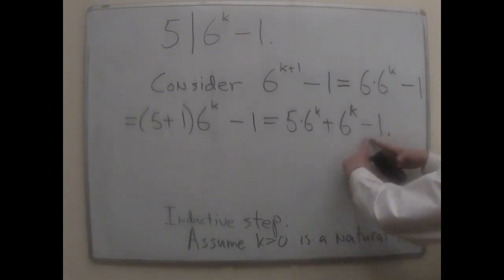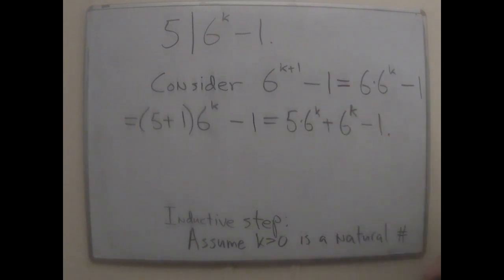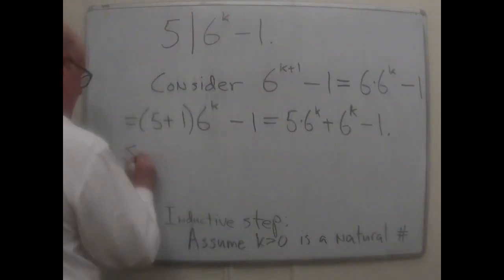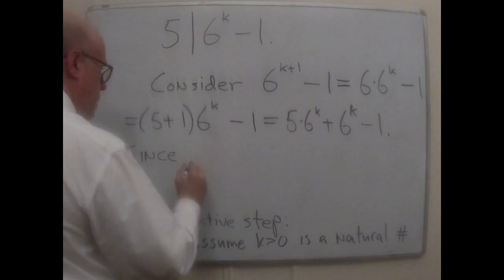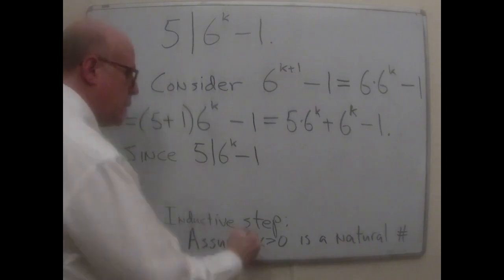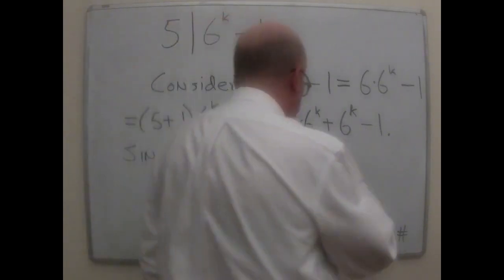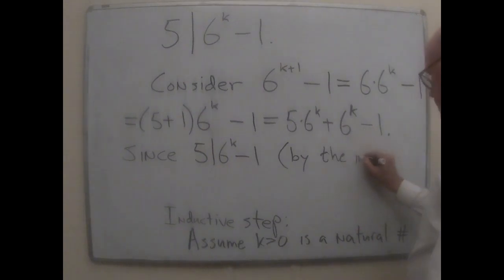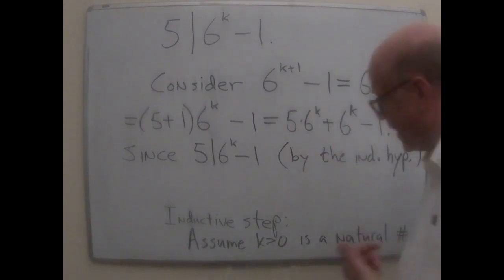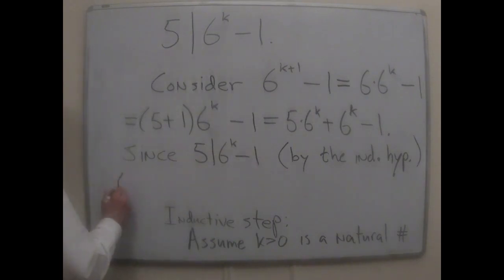Now, I know that this piece of it, 6 to the k minus 1, is divisible by 5. So let's tell our audience that. 5 divides 6 to the k minus 1. In fact, that's the inductive hypothesis. I'm abbreviating again just because of space constraints, but probably really shouldn't abbreviate in a proof. Anyway, 5 divides 6 to the k minus 1, that tells you, by the definition of divisibility,